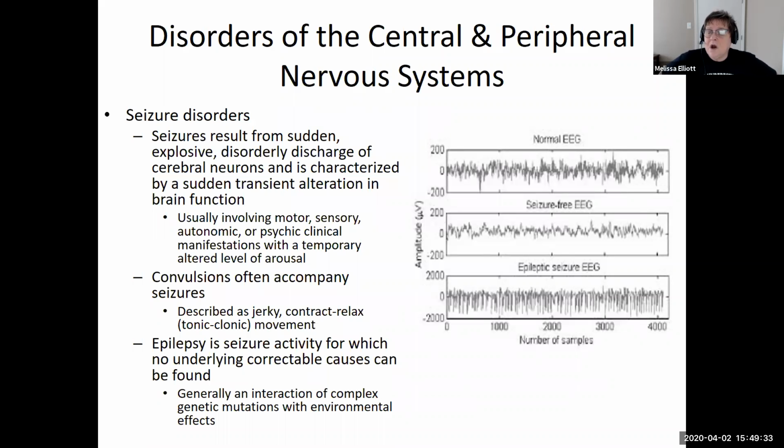Convulsions a lot of times are going to accompany seizures. A lot of times you see this herky-jerky type of movement. These are what we call tonic-clonic seizures. The major seizure disorder that everybody is probably most familiar with is epilepsy. Epilepsy is essentially a seizure disorder where you have no discernible underlying cause. Usually what people will come to the conclusion is that it's a mixture of genetics and environment. So one of those multifactorial types of